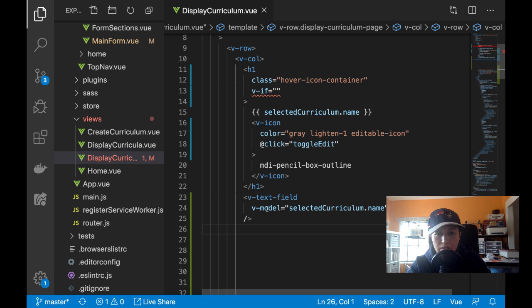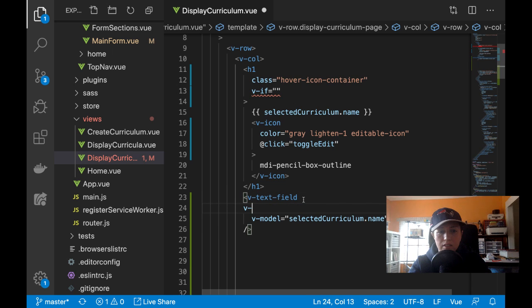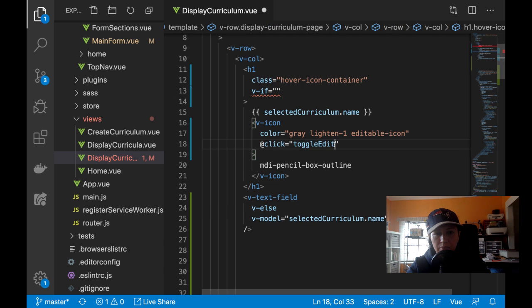Okay, so I have a text field, and this will be v-else. And now I need some kind of way to set this to true or false. So toggle edit, and then I think this is just going to be a method, and I'm going to pass in,